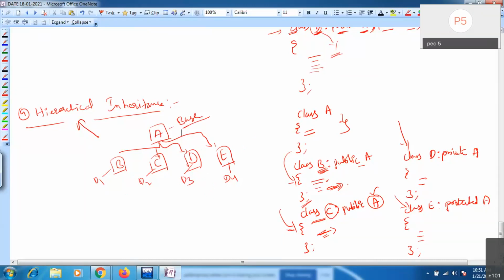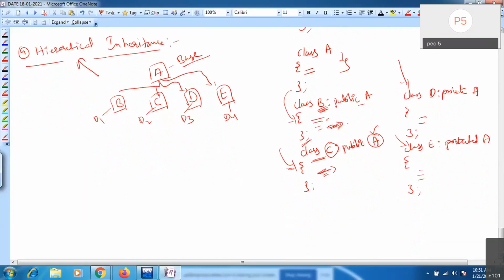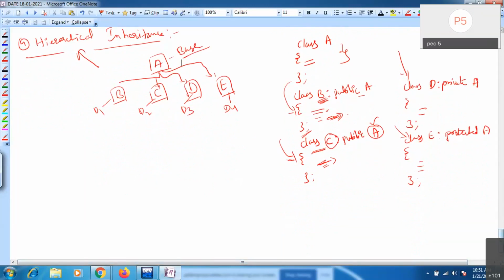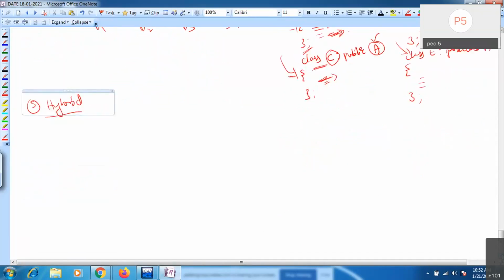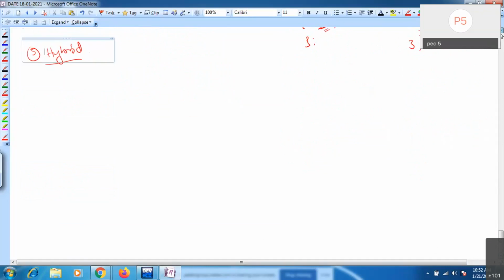One more, hybrid, means it is a combination of two or more inheritances, like single inheritance with multiple, single inheritance with multi-level, like that you can combine two or more. That is hybrid inheritance. The hybrid inheritance is simple: it is a combination of two or more inheritances, either single inheritance with multi-level, or multi-level with hierarchical, anything.